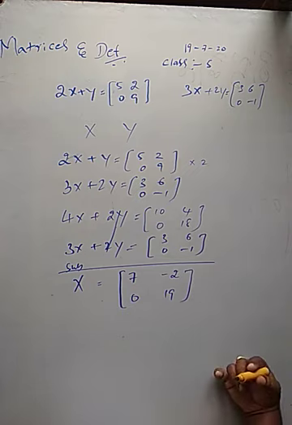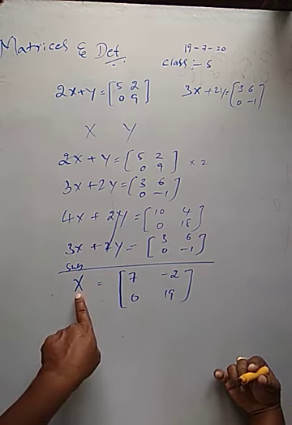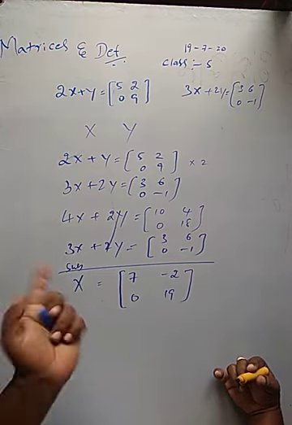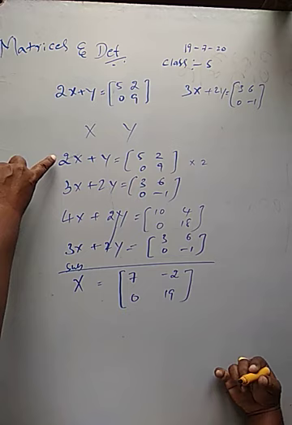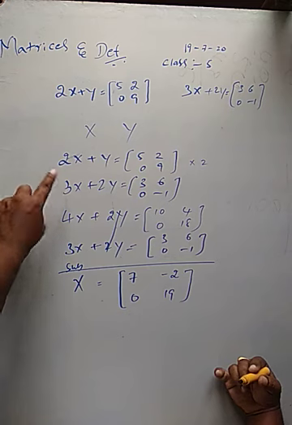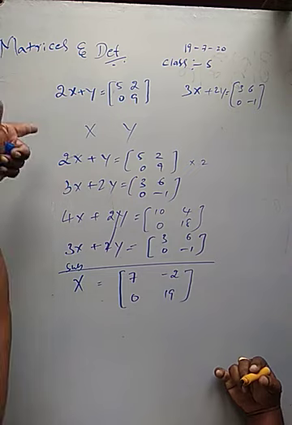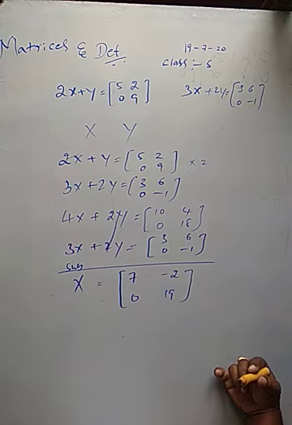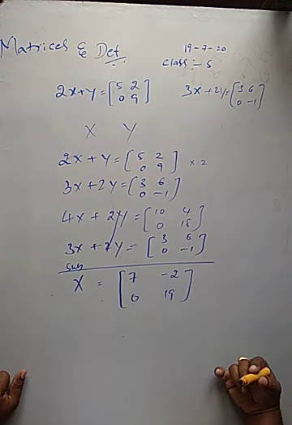Then there are two methods. Method number 1: pick any equation out of these two and substitute the value of matrix X. Or, again write these two equations. Multiply the first equation by 3 and the second equation by 2. This coefficient of X is multiplied with this equation, and this coefficient of X is multiplied with the previous equation. Why? To make the X coefficients equal. What is the use? After subtraction, X gets cancelled. Then we get Y.